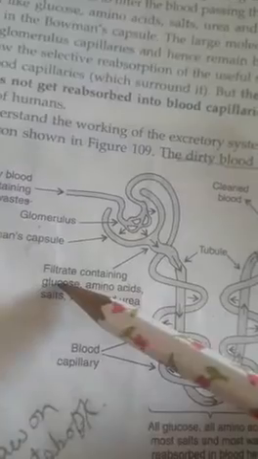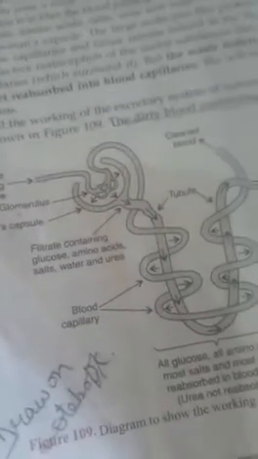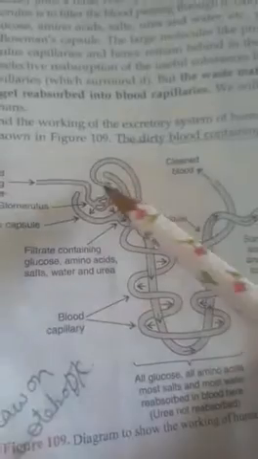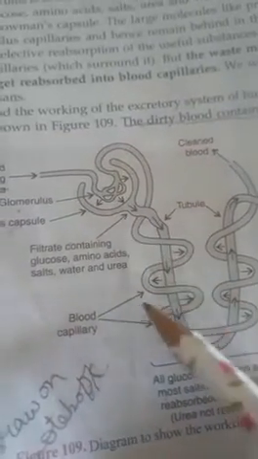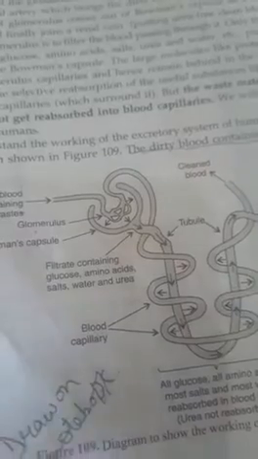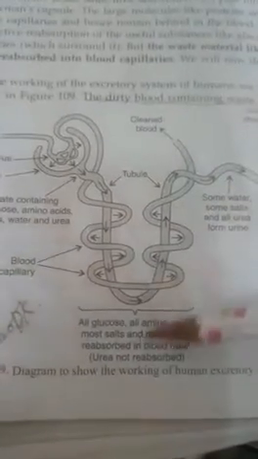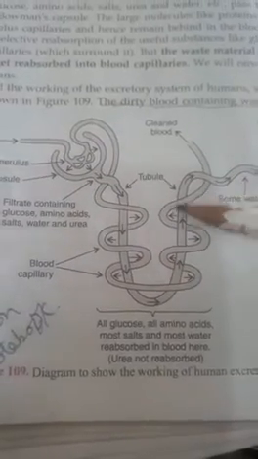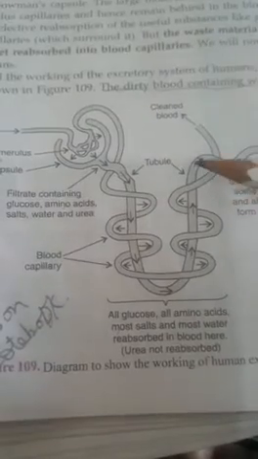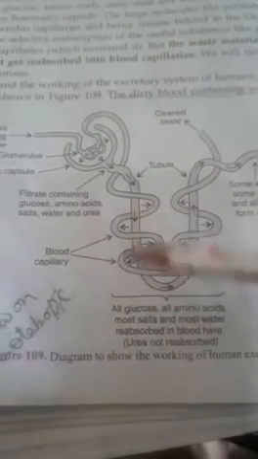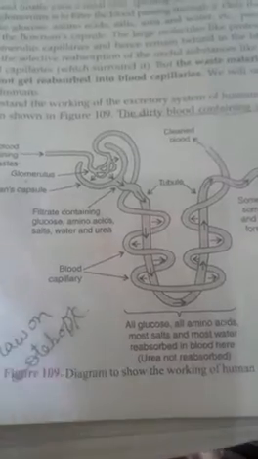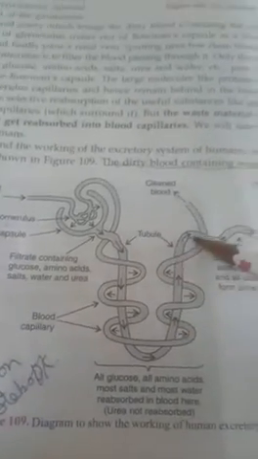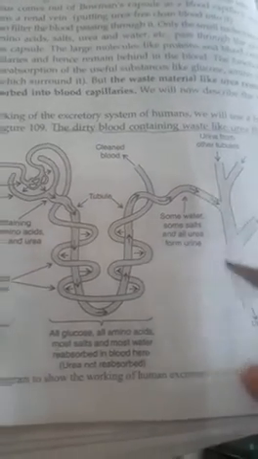Okay, so here most of the filtrate will have glucose, amino acids, salts, water and urea. Okay, so we will see the blood capillary will be surrounding all over the nephron, so that the reabsorption can take place. These arrows show the reabsorption of material. Various types of material will be reabsorbed, like glucose, amino acid, urea, water and other minerals, and only the urine along with some water will be passed to the collecting duct.